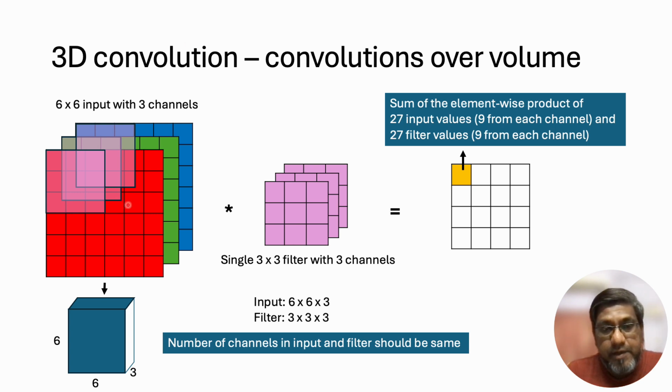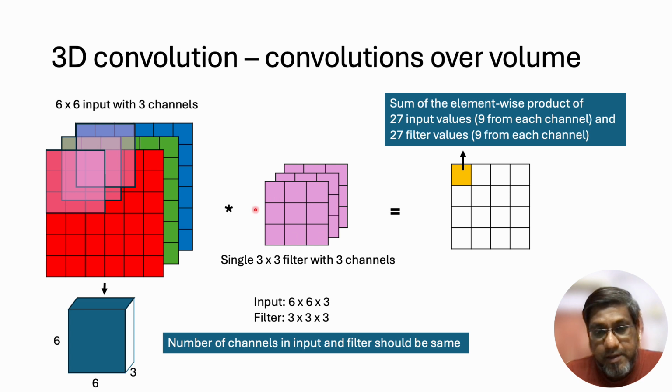So we have an input here. For simplicity, rather than taking an input with a large number of pixels like 39 in the previous slide, we have reduced it down to a 6 by 6 input image with 3 channels. The 3 channels are the RGB channels, the red channel, the green channel, and the blue channel. So it's a 6 by 6 input, so the number of pixels is 6 in the rows and columns. So we have 6 rows and 6 columns,